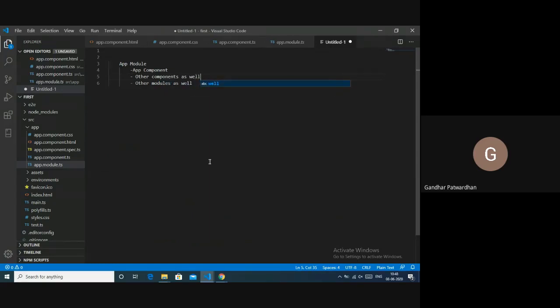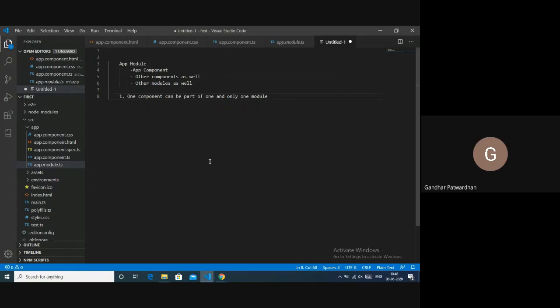There are a few rules that we need to look into. The first rule is that one component can be part of one and only one module. So you cannot have one component be part of multiple modules.